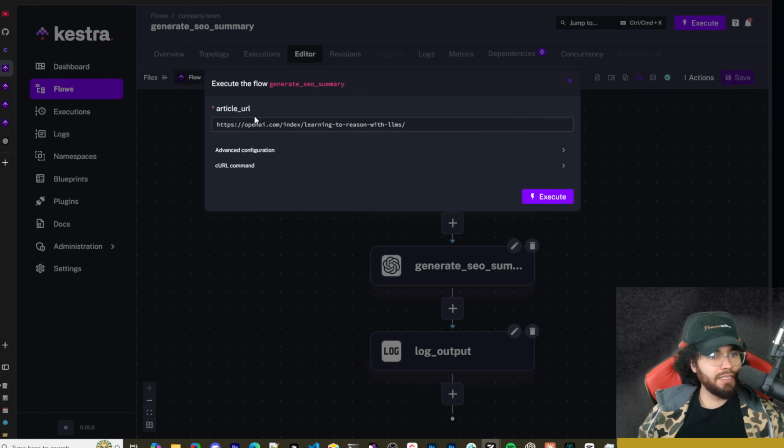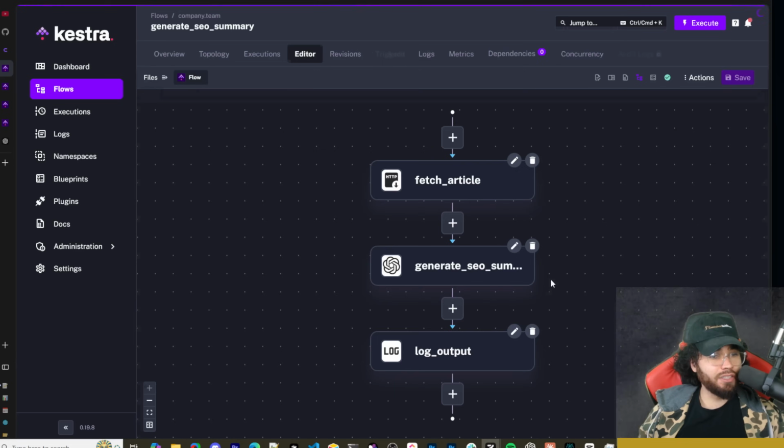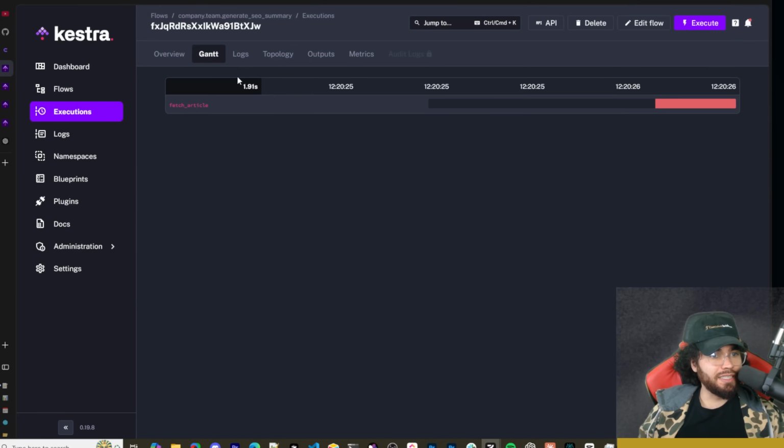So now I'm going to paste in this article right here. There's also advanced configuration options right here, where you could schedule a date. You could use a curl command, and I'm just going to click on execute. Once it starts executing, you're going to see this Gantt view right here. So you can pretty much see all the different